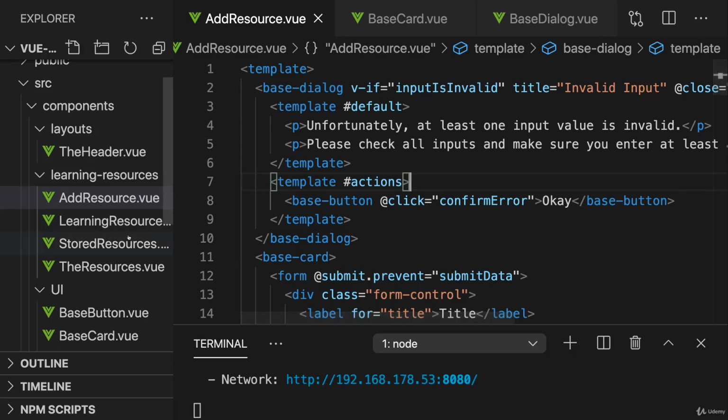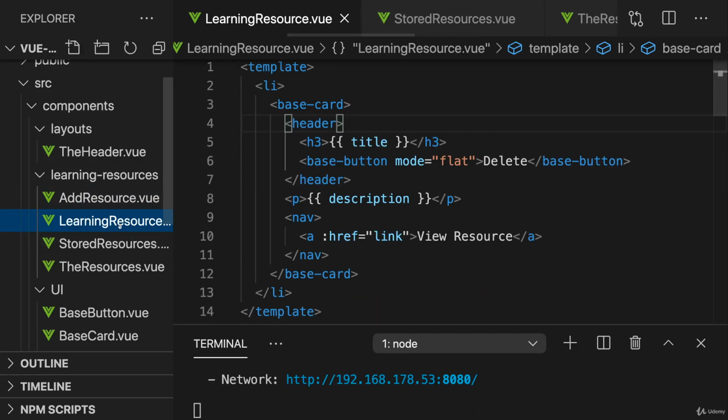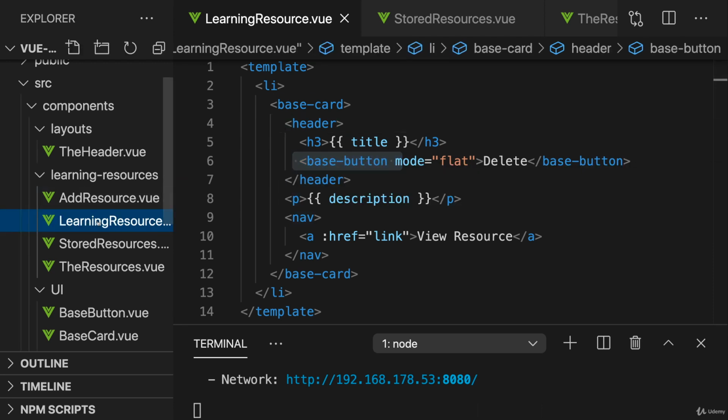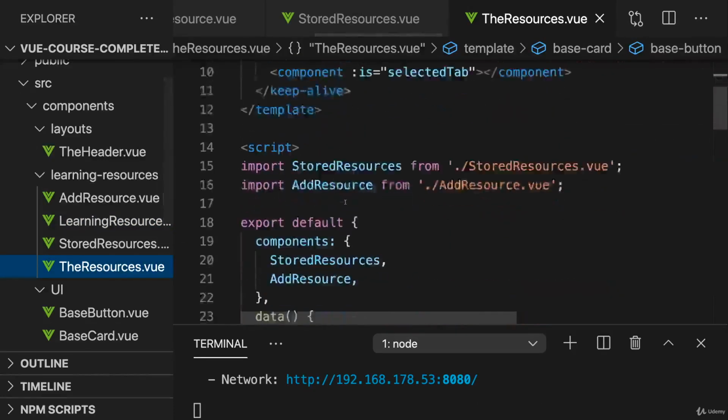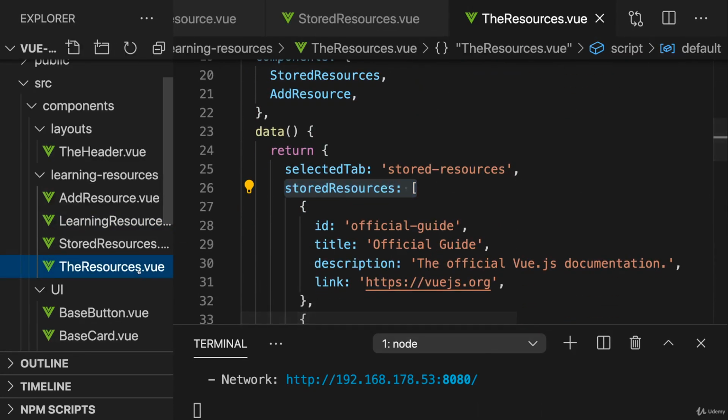So let's make sure resources can be deleted. For that, we got this delete button here in the learning resource.view file. At the moment, this button isn't doing anything though. Now, of course, it should remove the resource on which we click this from our stored resources array in the